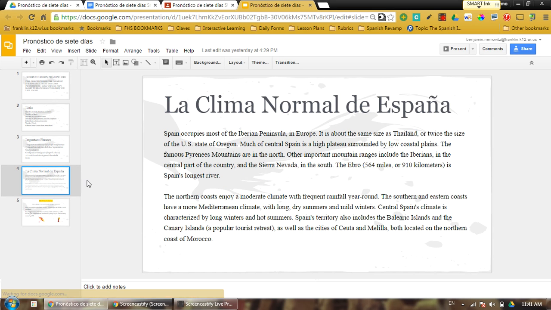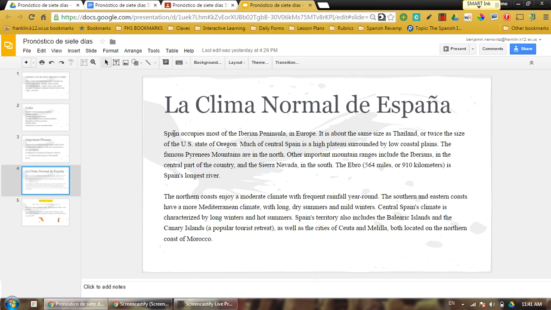Here's an example of the culture portion from mine. So this is all in English, and what I'm doing is I'm taking their country, whatever country you choose. Like if you choose Argentina, you're going to tell me about two things: topography, which is their land. Do they have mountains? Do they have beaches? Do they have rivers? Their topography, what their land is like. And our country, and you're going to compare those two things. Like, how in Wisconsin it's flatter and it's lower land and it's hotter during the summer, things like that. We have Lake Michigan.